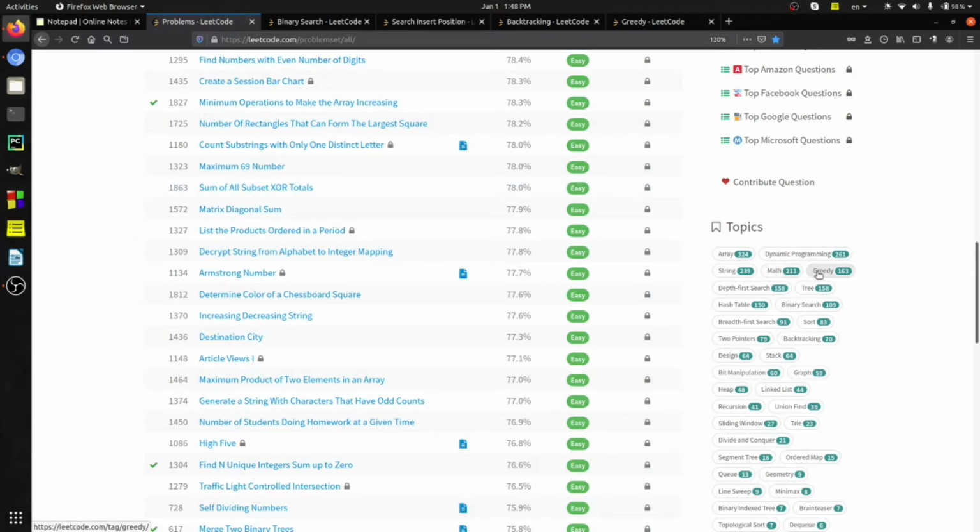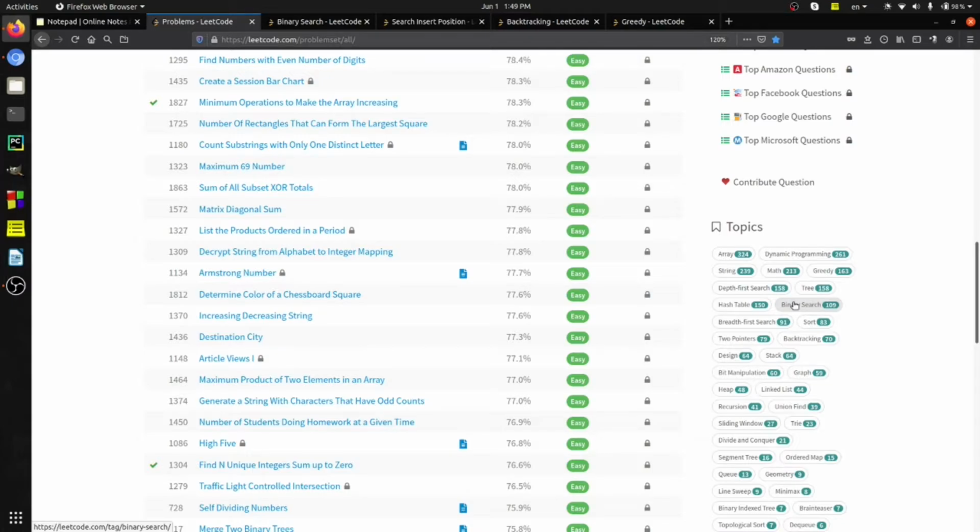Some main topics like greedy, dynamic programming, binary search, and we will solve some questions on each topic. The reason we are doing questions by topic is that it will help you guess the topic whenever you face a new question in the future, like in placements or contests, so that it will be easy for you to write the code as quickly as possible if you know the topic.